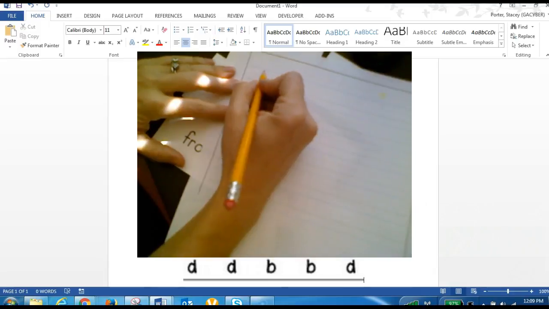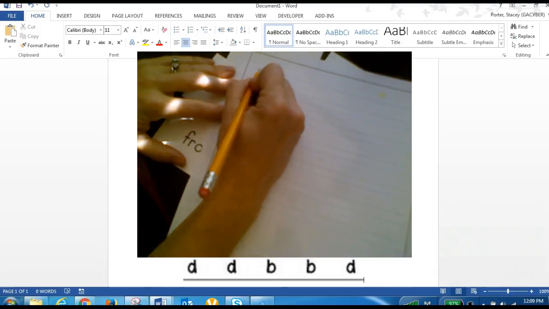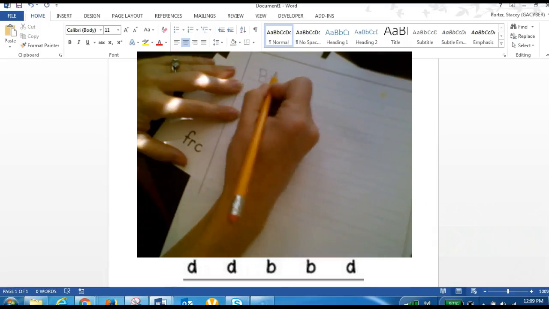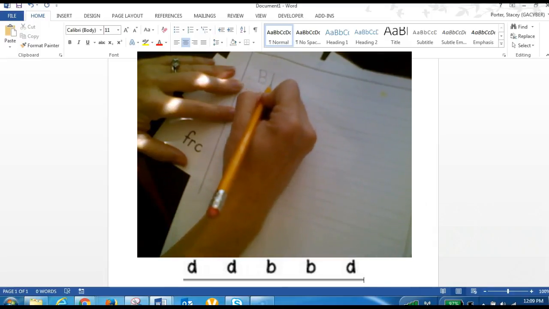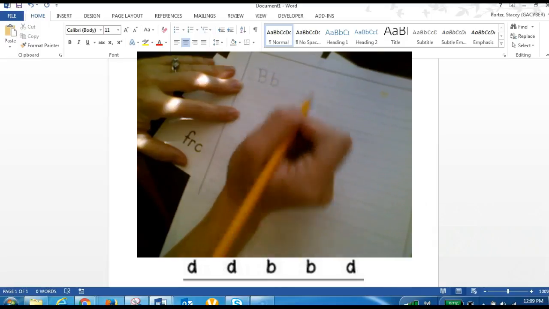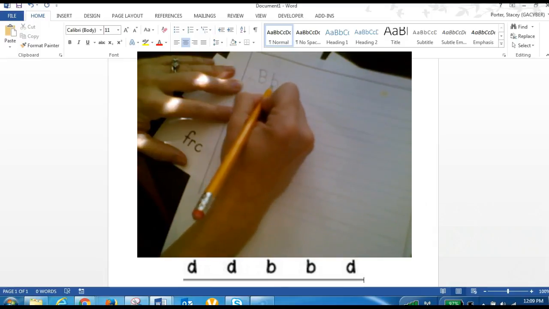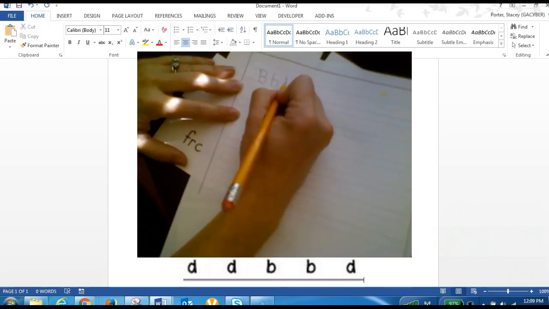I'm going to start with the big B, the capital B. Now, what I notice about the capital B is it starts out the same way as the lowercase b. Down and around in the front. Okay, so I can remember the B starts the same way when I write a capital B. So B,